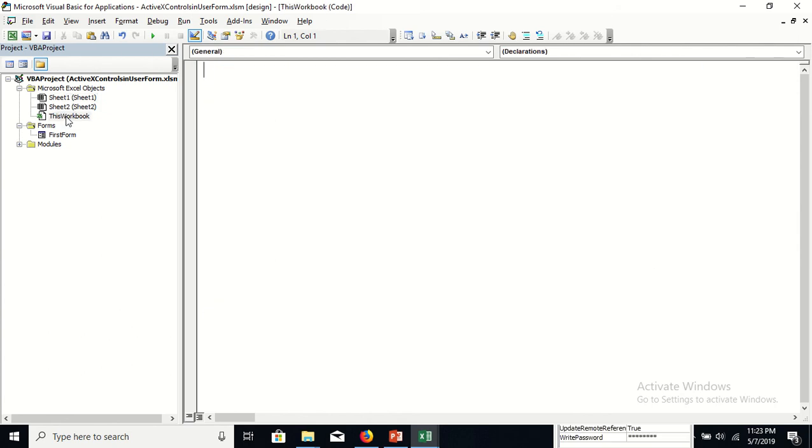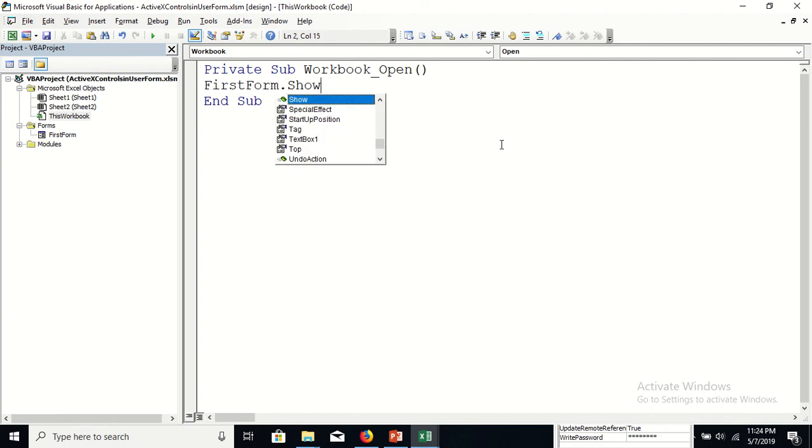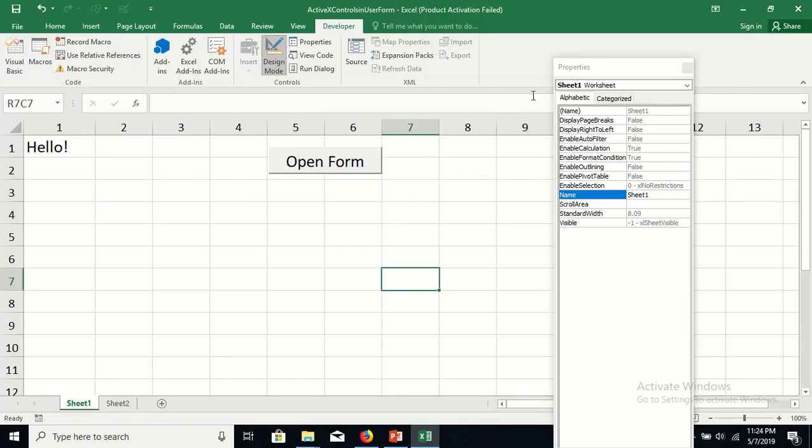In this tab you have to select workbook, and then you will get this macro structure, and in the macro structure you'll write the same thing, first form show. Just keep it like that, close it, and nothing will happen now, but save it